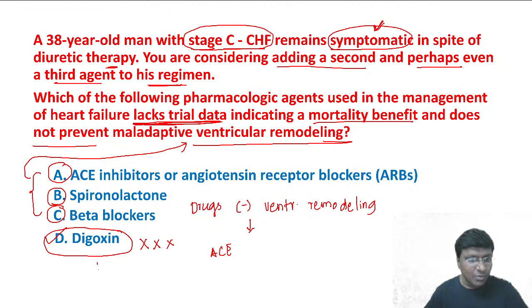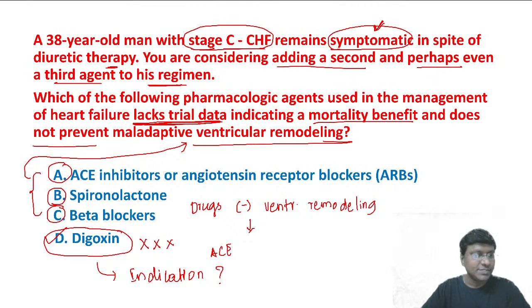Okay, now tell me, what is the indication of digoxin in heart failure? Which type of heart failure you will give, and what is the indication of the digoxin? Any one of you? Which type of heart failure you will give this, first of all, and what is the important indication of digoxin? No. Right, Banu Prakash, you should not give in acute heart failure at all. In acute heart failure, digoxin has no role. Acute left ventricular failure, digoxin has no role, right? Okay, Nurul Khan has answered. Very good, Nurul Khan. So digoxin has a role in systolic heart failure.